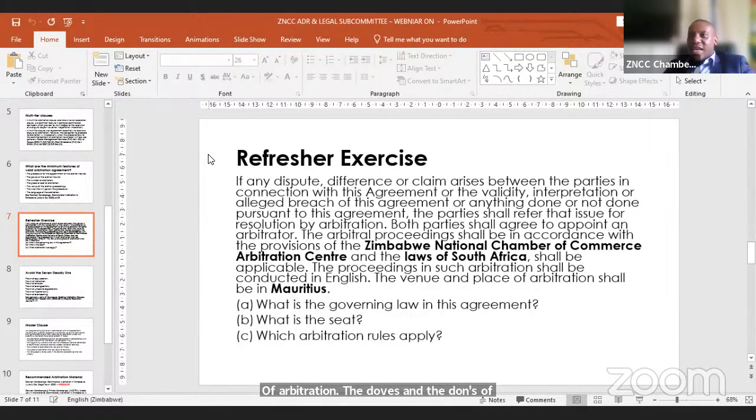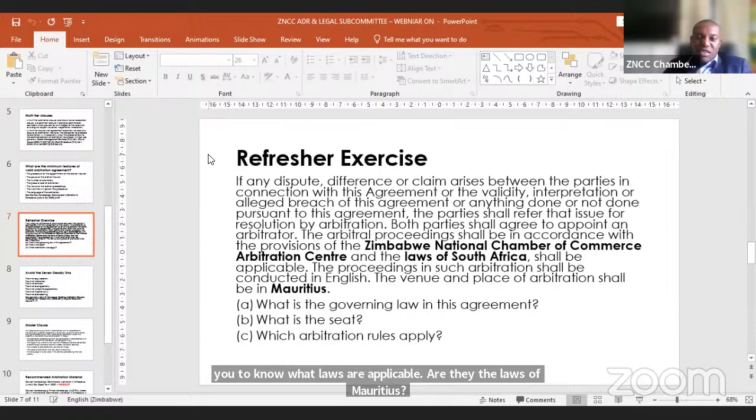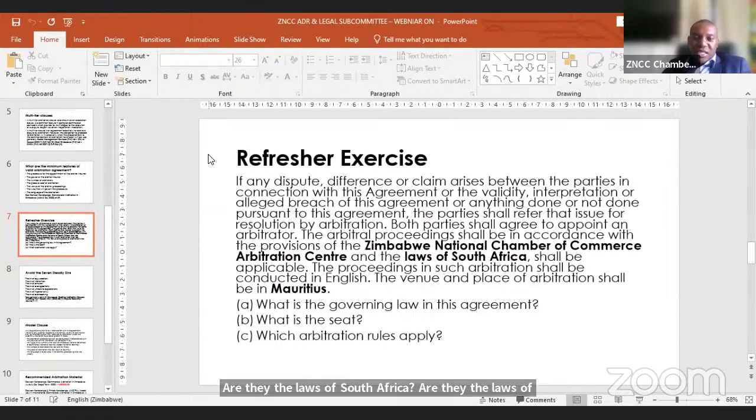So you'll find that as a lawyer, you may come across a contract such as this. It will be very, very important for you to know what laws are applicable. Are they the laws of Mauritius? Are they the laws of South Africa? Are they the laws of Zimbabwe? In this particular instance, the law that governs this agreement is the laws of South Africa. So the laws of South Africa will be applicable to resolving a dispute for parties who are perhaps in Zimbabwe,